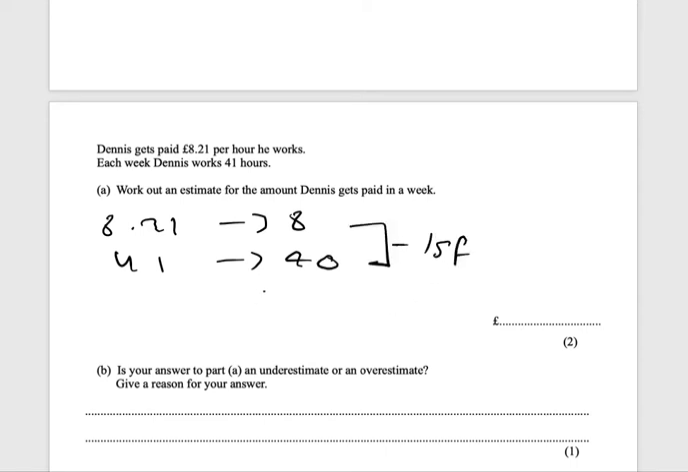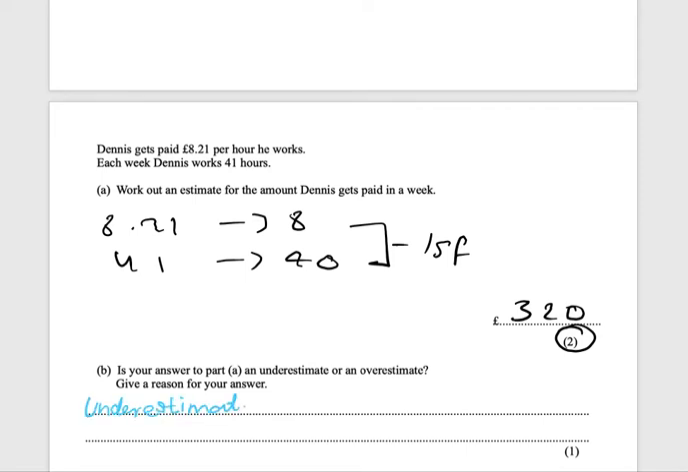Okay, now it says work out an estimate. So if in 1 hour he gets £8, then in 40 hours he's going to get 40 multiplied by 8, which is going to be £320 for 2 marks. Now, is your answer an underestimate or overestimate? Well, if we think about it, £8.21 has been rounded down, 41 has been rounded down to 40, so your answer is going to be an underestimate,